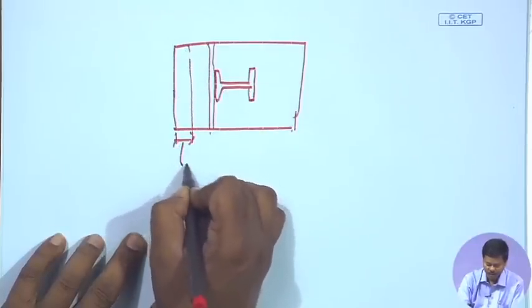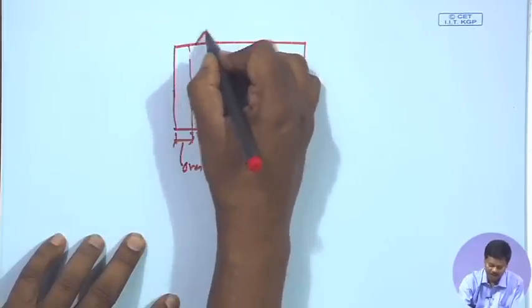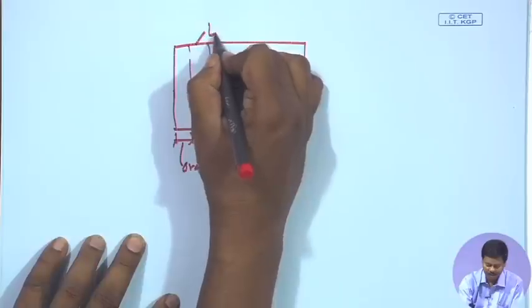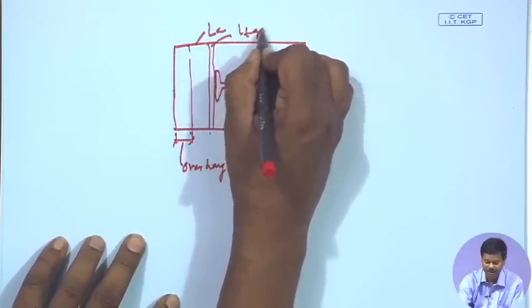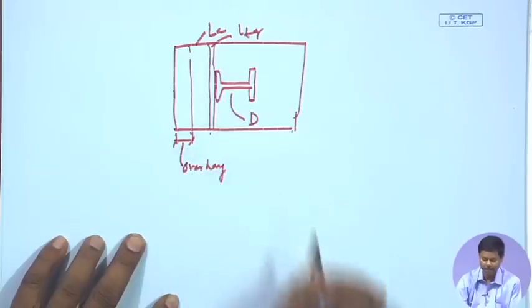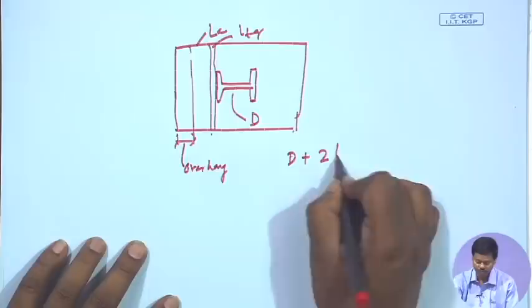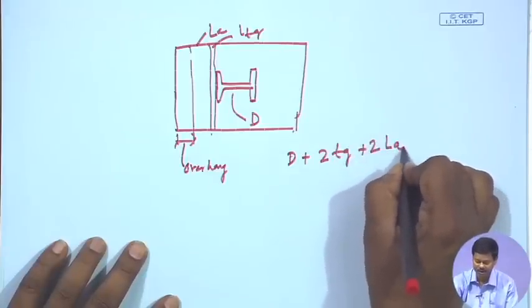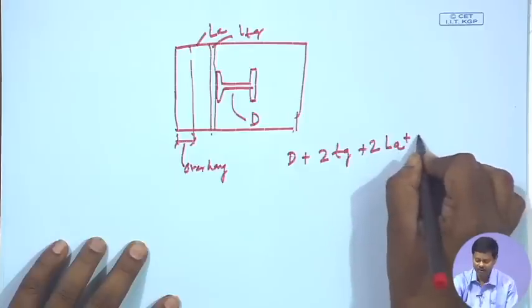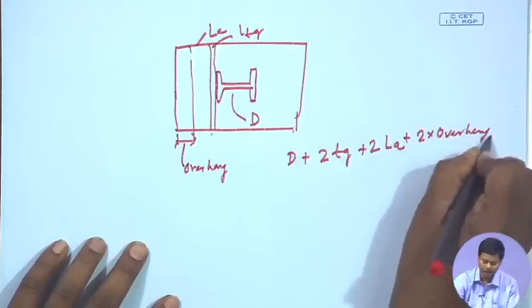This is overhang, this is the horizontal length of the angle section, this is the thickness of the gusset plate, and this is D. So, D plus 2 into thickness of gusset plate plus 2 into length of the horizontal leg plus 2 into overhang portion. So, this will be the length,